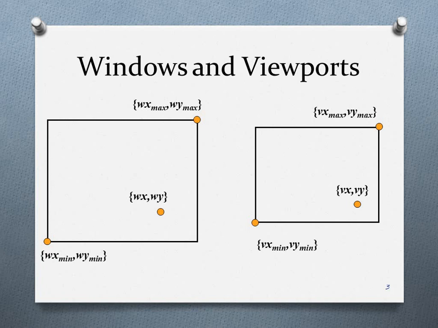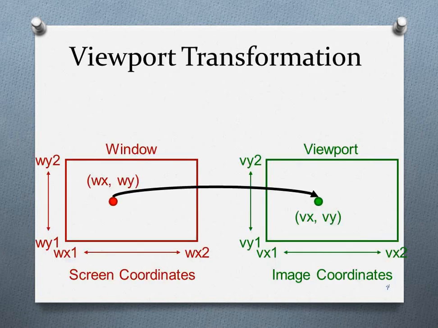In the same way we can map all the points of an object to the viewport, and further we can map the complete scene of the window to the viewport. If we come to know how to map a point of the window to the viewport, then we can finally map the whole scene of the window to the viewport. So first we will learn how to map this point.